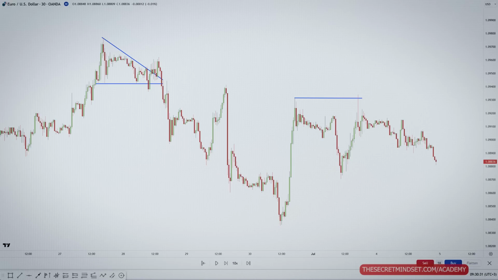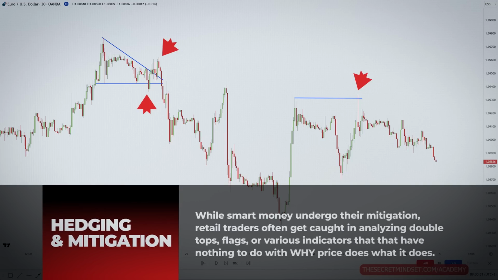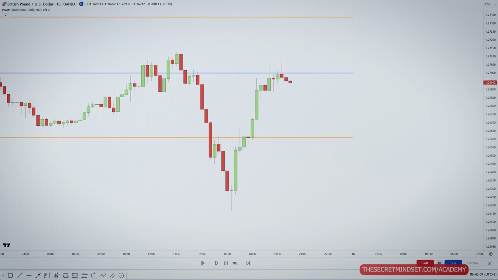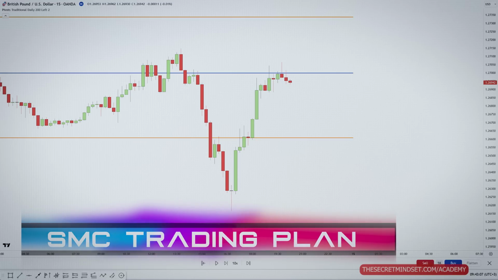And while smart money undergo their mitigation, retail traders often get caught analyzing double tops, flags, or various indicators that have nothing to do with why price does what it does. This allows institutional money to manipulate retail traders' positions by triggering stop hunts or fakeouts to liquidate these positions. In reality, these are actions executed by institutional algorithms as part of their predetermined strategies. Now that you understand how price is moved by the smart money between areas of interest, let me reveal the